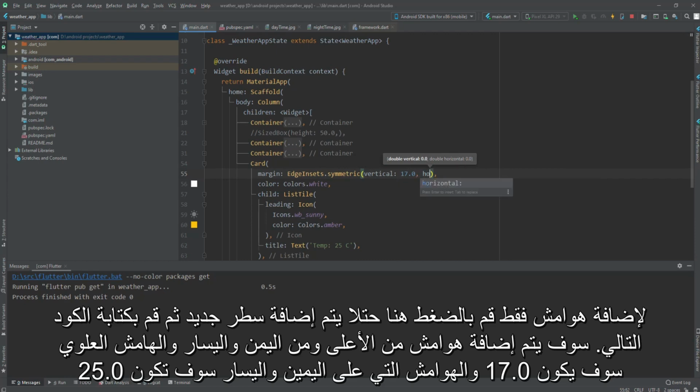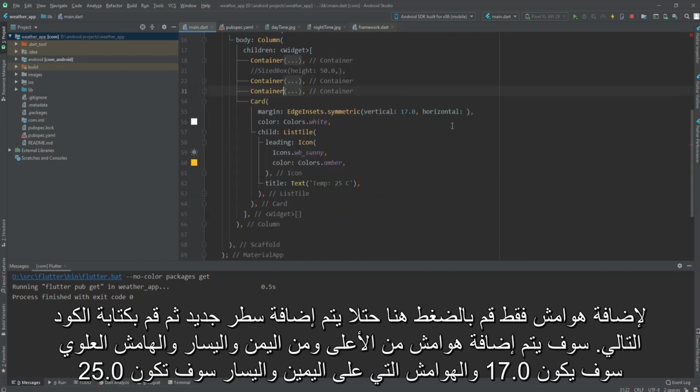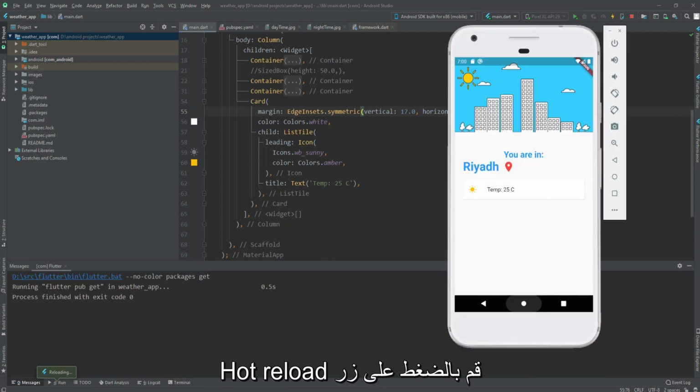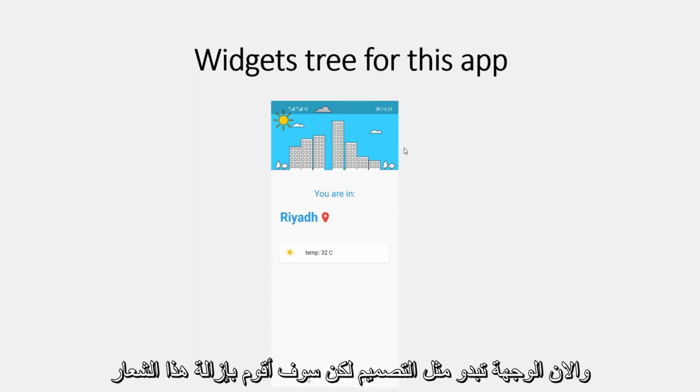So then comma, then horizontal, then we're going to match it with this, I believe. Yeah, here. Let's see the horizontal. Yeah, 25. Let's close it. 25.0. Then just reload it again. Yeah, looks beautiful. Now it looks pretty much like the interface design we had, this one, but we still need